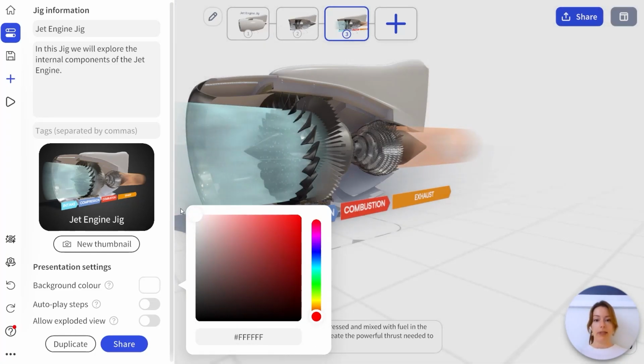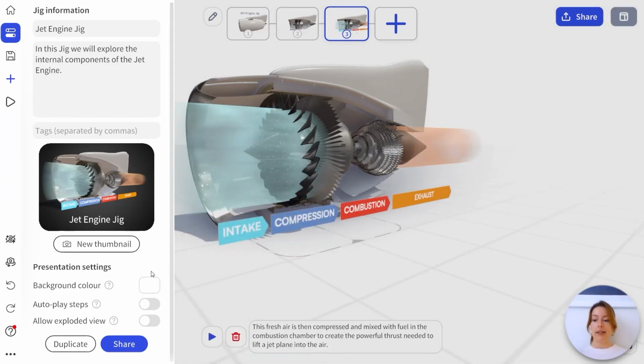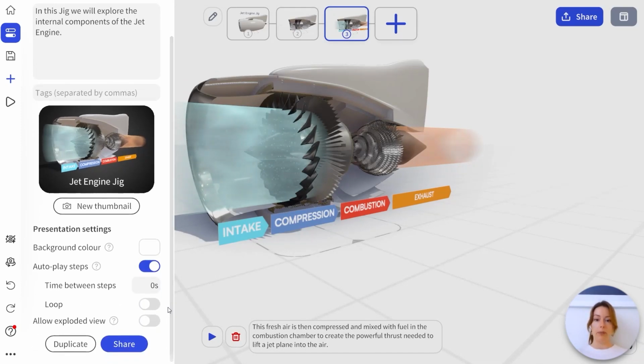We also have the ability to autoplay steps. This allows us to set the steps so that they play on an automatic loop. We recommend when deciding on a speed for these steps to play at, you find the step of your jig with the longest portion of text. Then you should base the duration of the steps on the time it takes you to finish reading. This is so that when viewers are viewing your jig, they're able to complete the text comfortably as they go